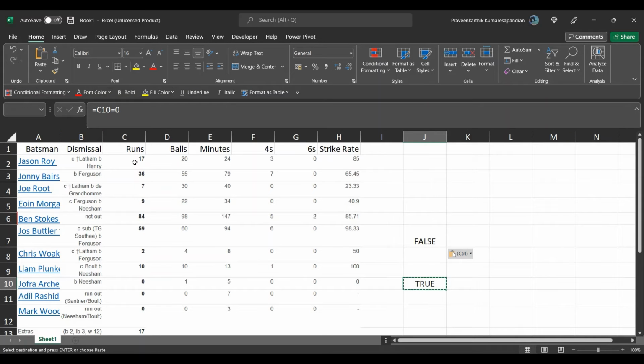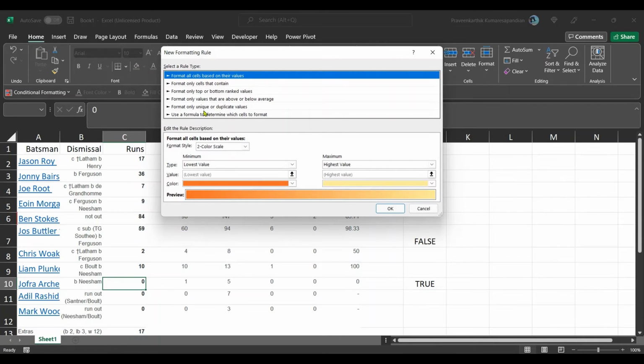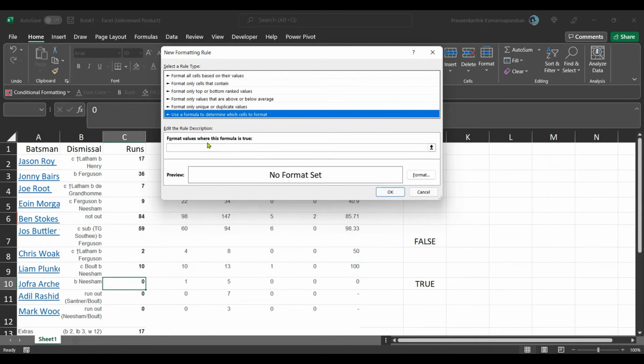I'm going to copy this, and here comes the tricky part. Before applying the formula for all the cells, I will show you how to apply it to just one cell. Select one cell, go to new rule, use a formula, and the formula we have written is C10 equal to 0.